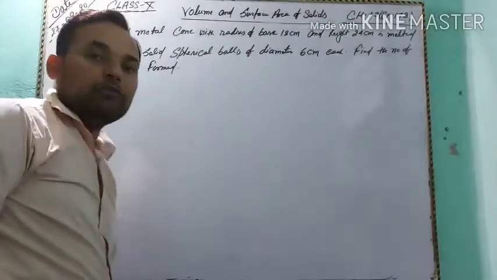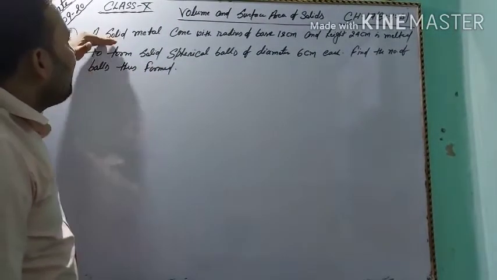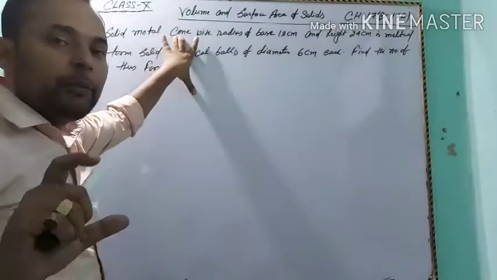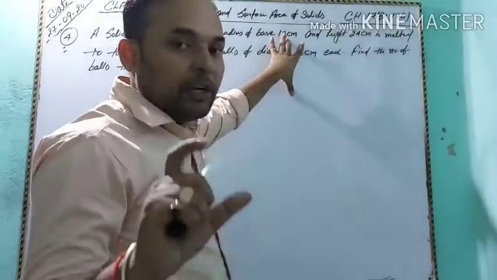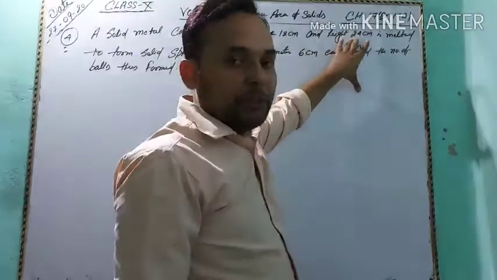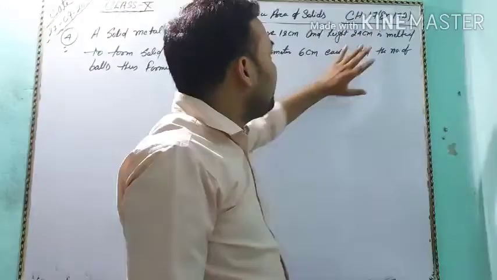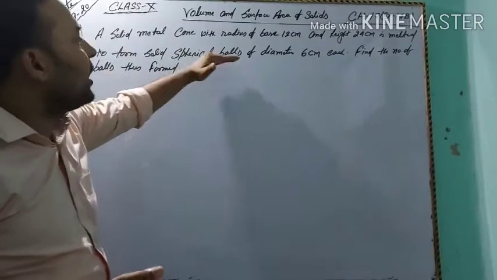Okay students, our next question is question number 4. A solid metal cone with radius of base 12 centimeter and height 24 centimeter is melted to form solid spherical balls of